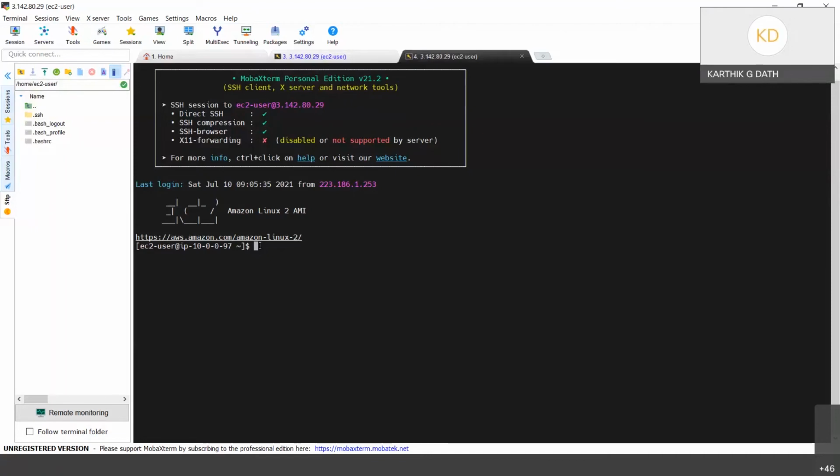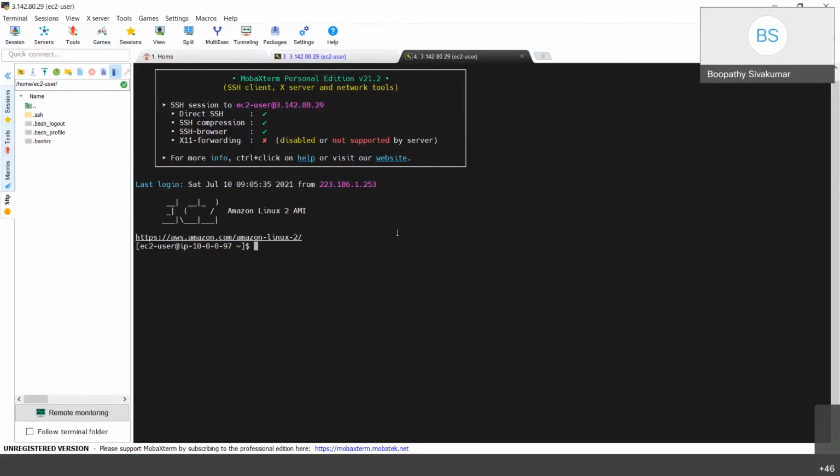Pip install is for Python, but the basic Linux install is yum install, like sudo yum install. When you connect to the EC2 instance, you'll be connected as ec2-user. By default there are two types of users: ec2-user and root user.